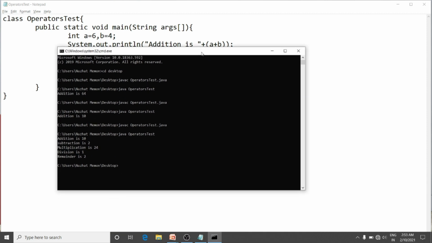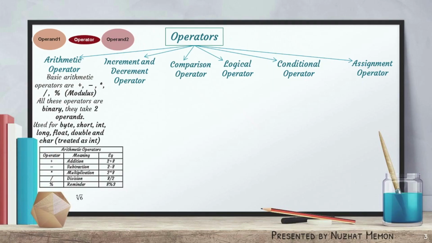But many students get confused in division and remainder. See here, when you divide the number 6 by 4, you will get 1 and the remainder as 2. Here we will take one more example. So here you can say 8 divided by 2 is 4. 8 modulus 2 is 0. I hope this much is clear to you. While solving board papers, you may come across many questions related to division and modulus operator.